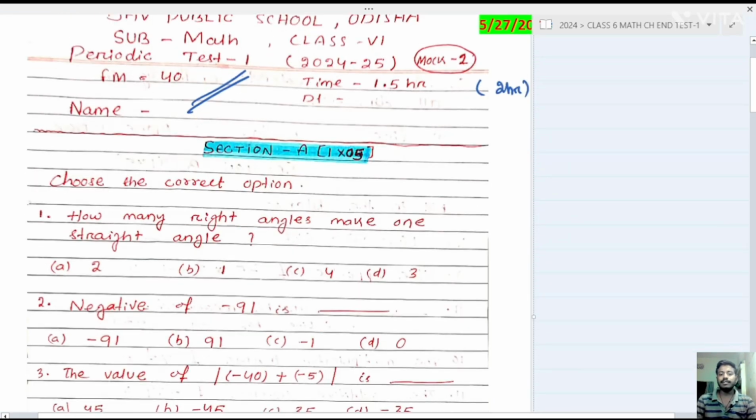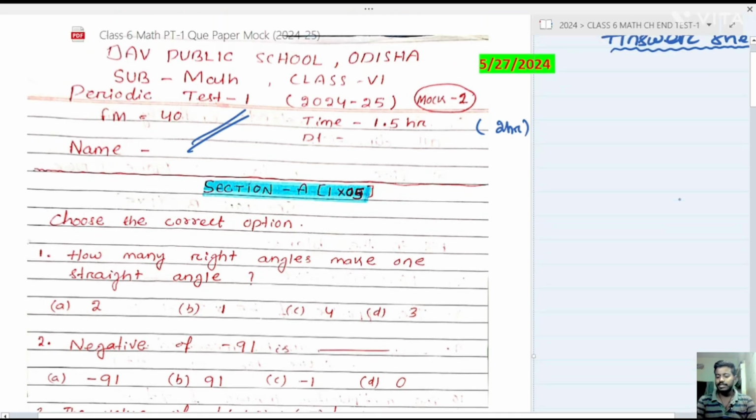How many right angles make one straight angle? Okay, we know that a straight angle is equal to 180 degrees, yes or no? And a right angle is equal to 90 degrees. So how many 90 degrees become 180 degrees? That is 2, because 2 nines are 18, so 2 right angles make one straight angle. Okay, so the answer is option A. Now next,